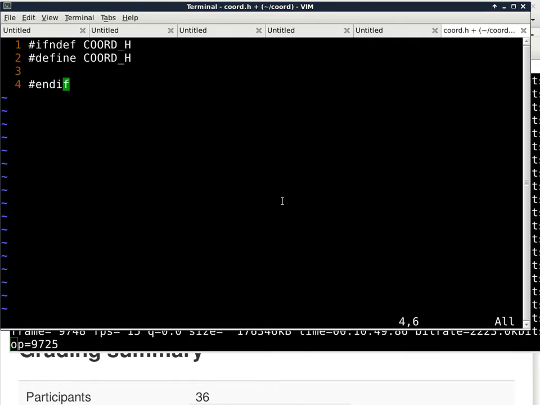If you open up any actual .h file, you will find a mechanism like that, just so that a structure is not redefined over and over again. So what I'll do here is I'm just going to define the structure. So I will say struct coord, and in this case,